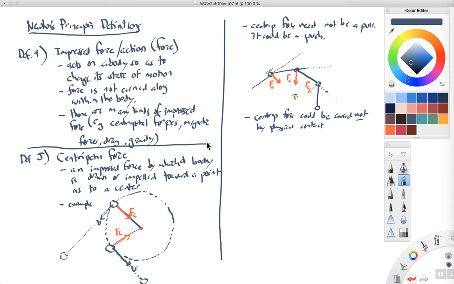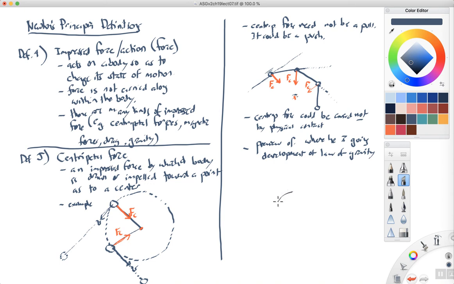Okay, and let me say one other thing before I move on from centripetal force, is that Newton, in this section where he defines centripetal force, gives a preview of where he is going, specifically his development of his law of gravity. He hasn't developed it yet, but there's a little bit of a foreshadowing here as to where he's going. And this is an interesting story that he tells, so I'd like to spend a minute talking about this.